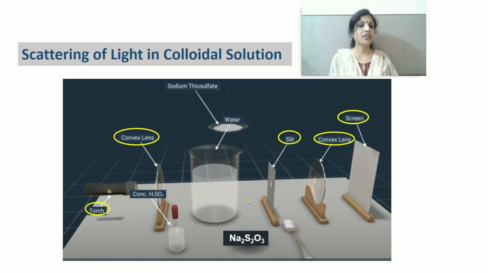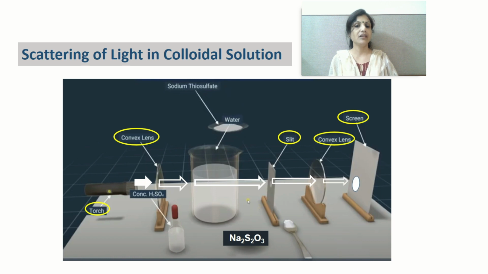Now children, place the strong source of white light at the focus of the converging lens, and this lens provides a parallel beam of light. Now allow this parallel beam of light to pass through the transparent glass tank containing water. Now allow the beam of light to pass through the circular hole which is made in the cardboard. Obtain a sharp image of the circular hole on the screen using the second converging lens, like how it is shown in the image.